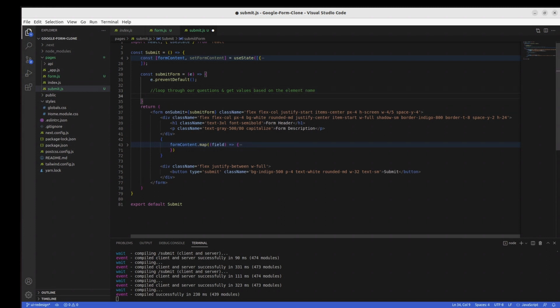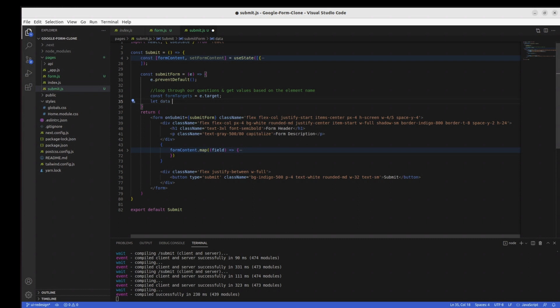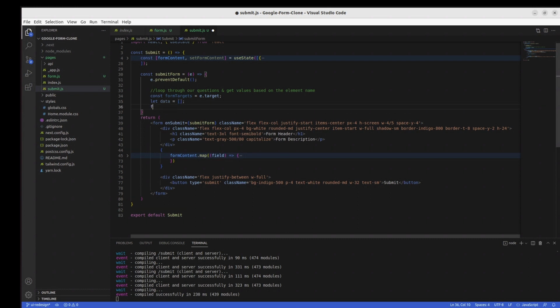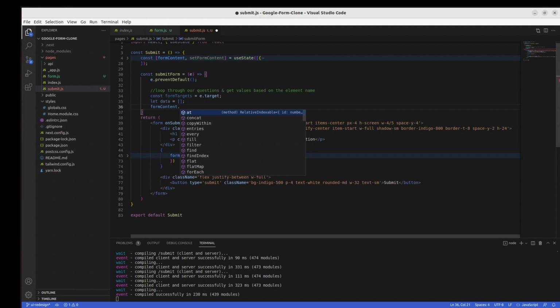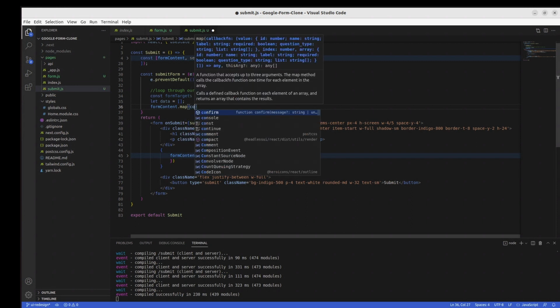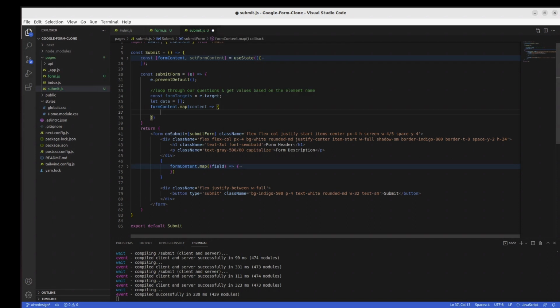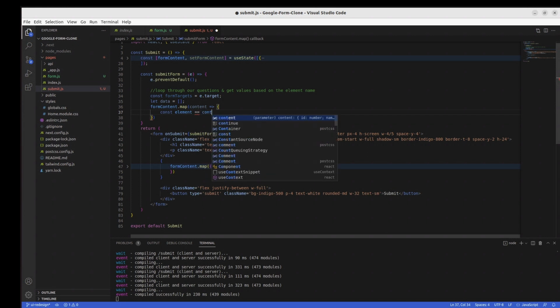That's it. So to get that, I could say form targets, for example, and for our form target, we just say e.target. Since our form has a target, and I could save the values to a data set, all we need to do is go through our form content, map it, and take whatever content we get out of it. And we could find it. So we could say, let's say element. So we need to figure out how we are getting our element out of this. Is our element going to be the content label